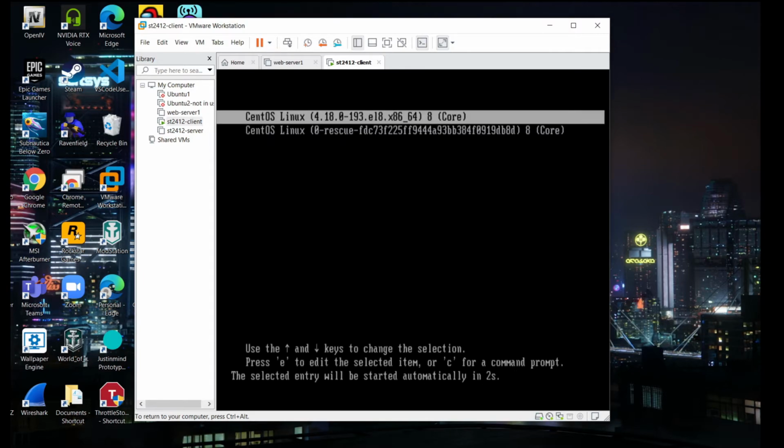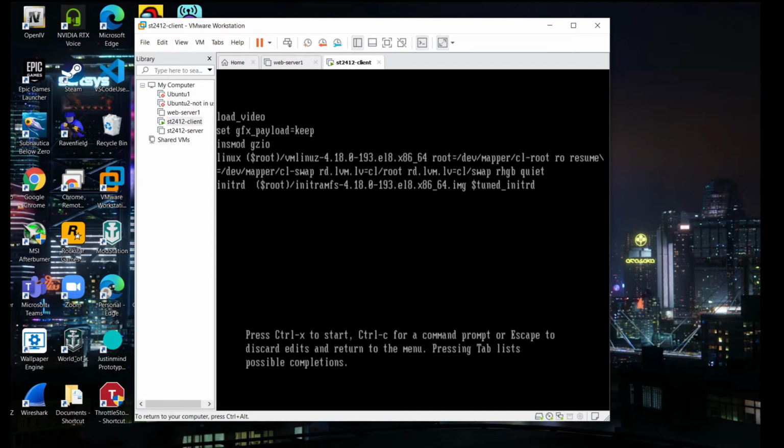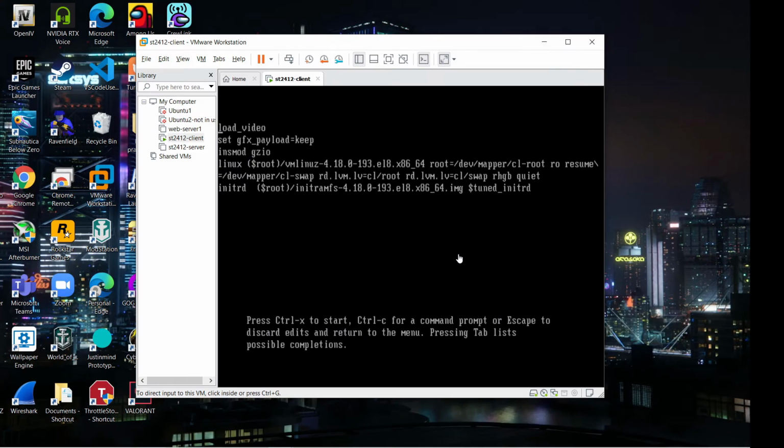So after doing all that, and back to here, if I were to press E, as you can see, the grub menu is no longer protected by a password and superuser. And now I'll be able to reset my root password through this menu again. Now that we are in the grub menu, we will now be able to reset the root password as well.